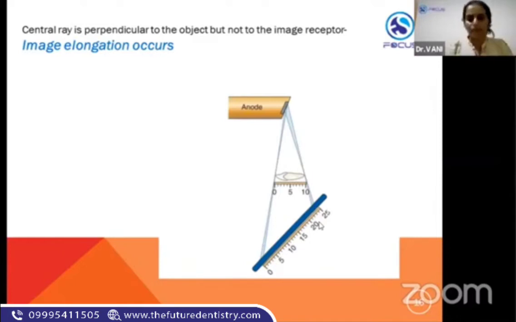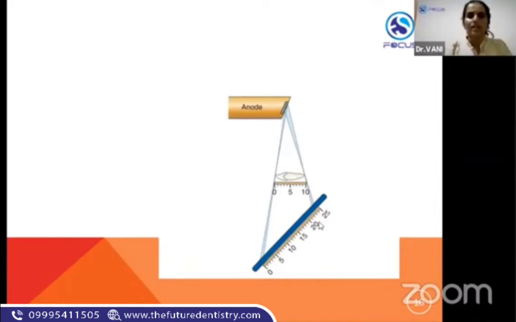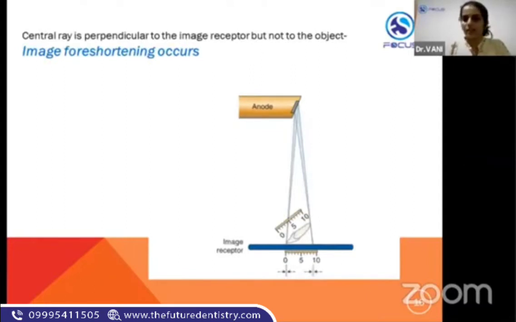Yes, someone has asked for foreshortening. I can repeat. See, this is the image of foreshortening wherein the central ray is perpendicular only to the receptor. It is not perpendicular to the tooth. So because of that, the principle was violated. So what happens? The actual length of the tooth is this much, but only this much area gets imaged. On the receptor, you will receive the image of the tooth only in this much area. Usually, you should have got about this much. That didn't occur. So only this much area got imaged, and because of that, the image of the tooth appears foreshortened.